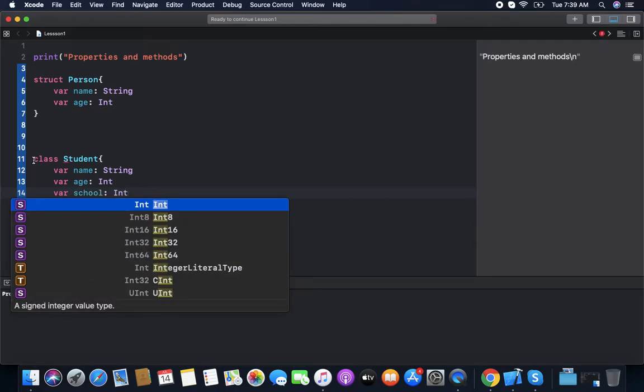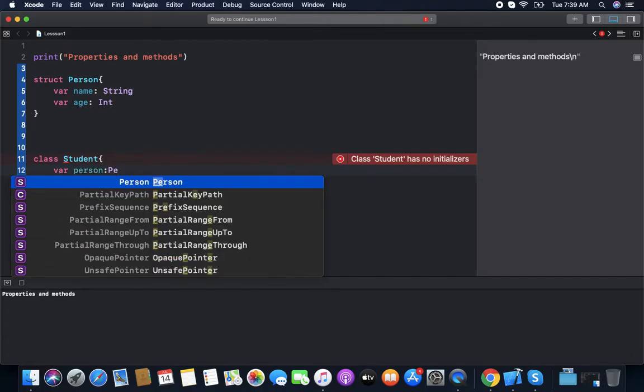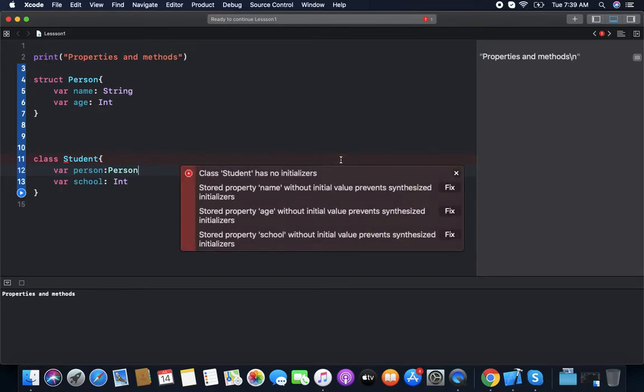So instead of repeating those properties, we are just creating it with Person. There are two options. We can inherit from Person, but for this Person would have to be a class, because a class can be inherited by another class. The second option is that we can use it as a variable.